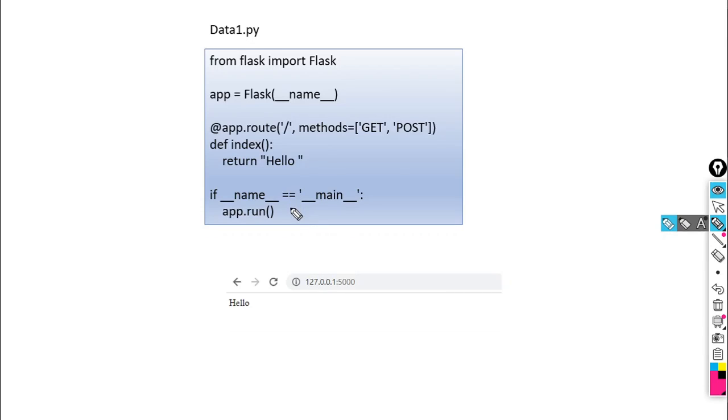So what would be the answer here? Only the index function is associated with the URL and we are only returning the text hello. So we will get the text hello. This would be the output when we execute this Python script. Look here once again. Only one URL is given here, the home URL, the index function is associated with this URL, and we are returning only the contents hello. So when we execute this, it will return hello. This is the simple Python script.